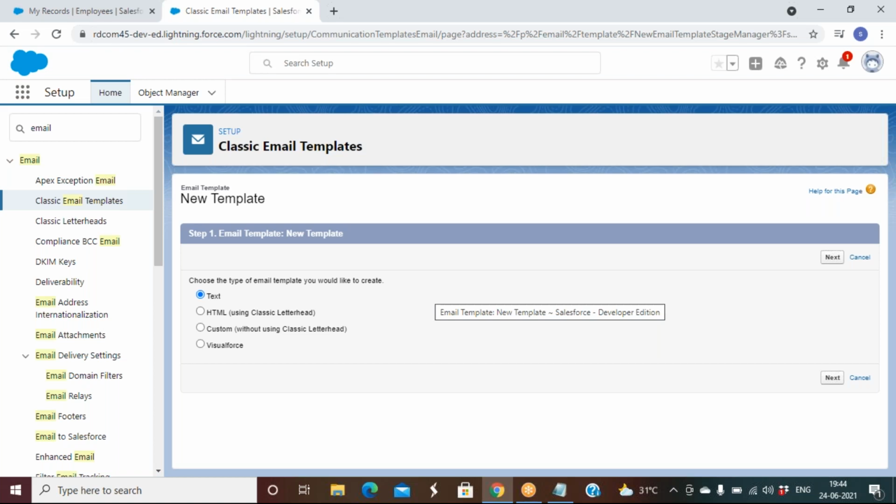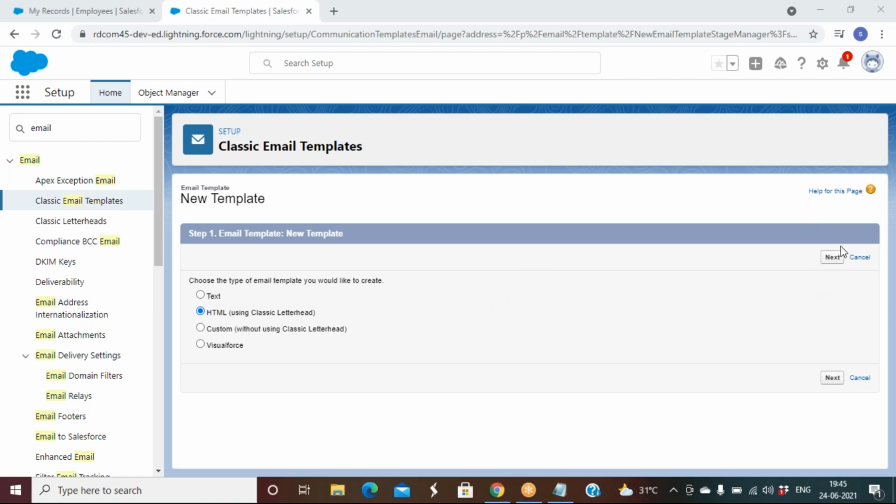So now let me go ahead and write by using HTML. So first let me go ahead and write an email template by using HTML using classic letterhead.